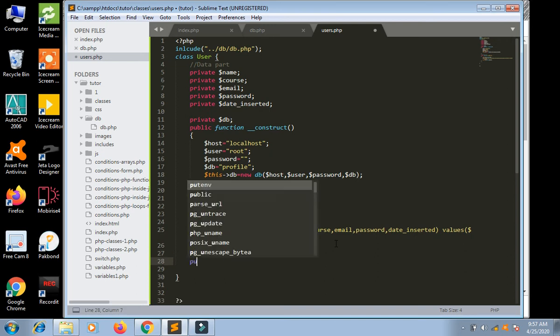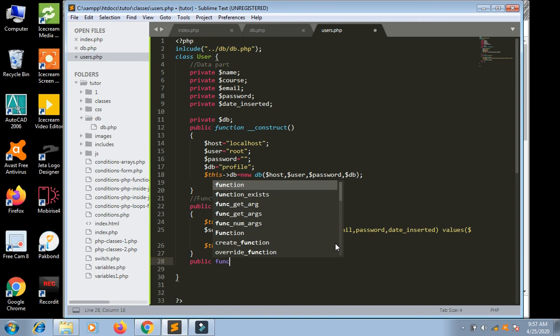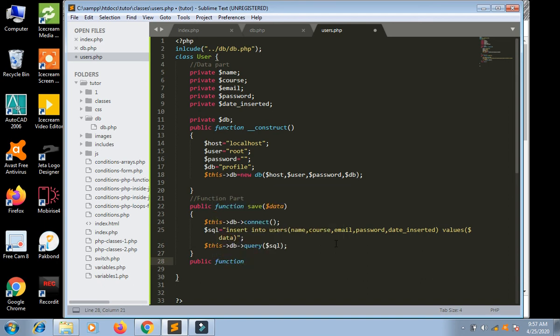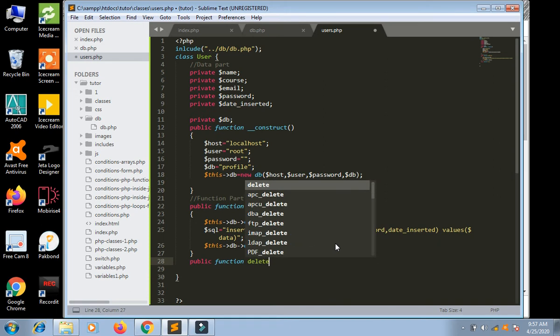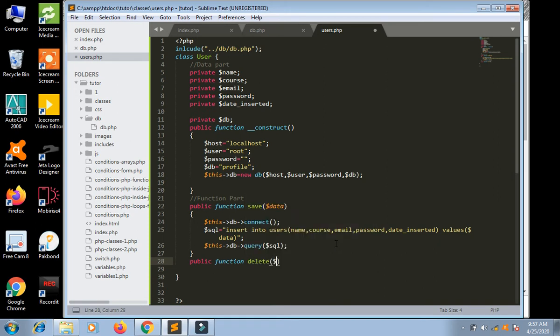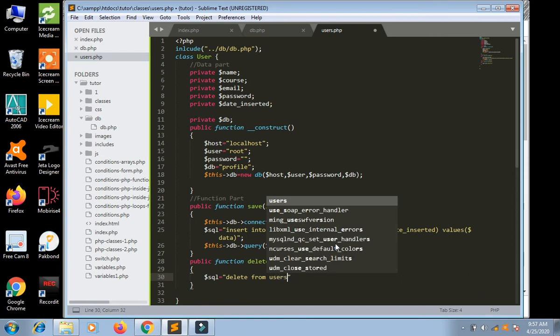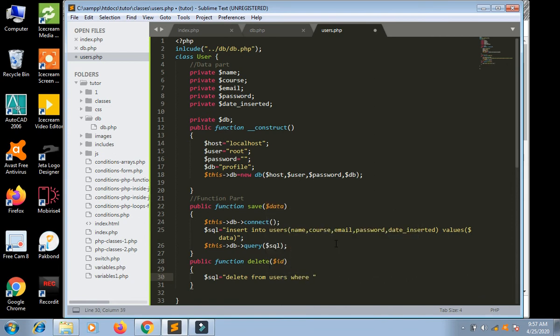Now we have public function delete. Delete requires an ID. We will have $sql for this is equal to delete from users where, very important, where, for update and delete. If you use only delete from users, it will delete all the users without showing you any error.